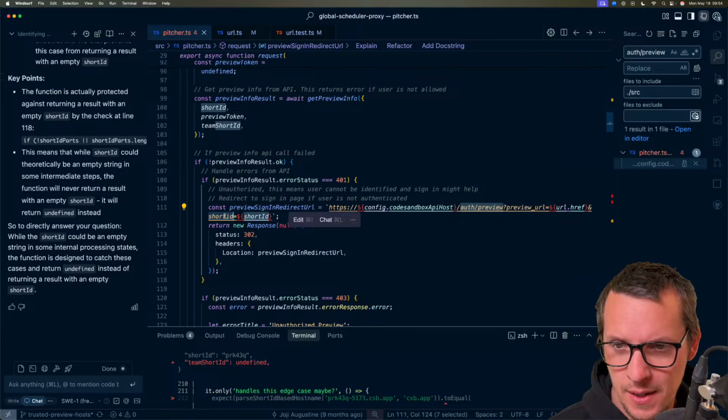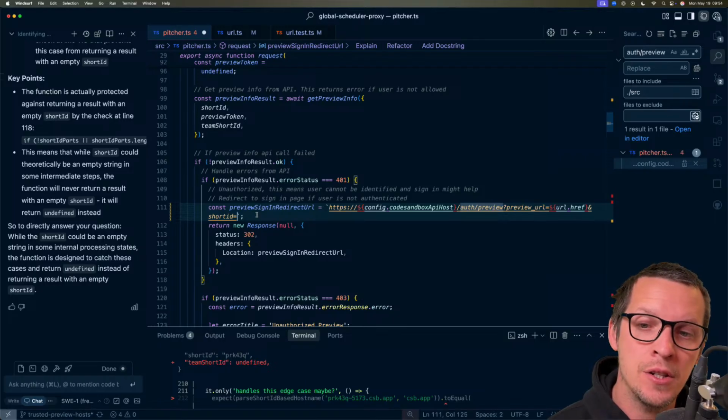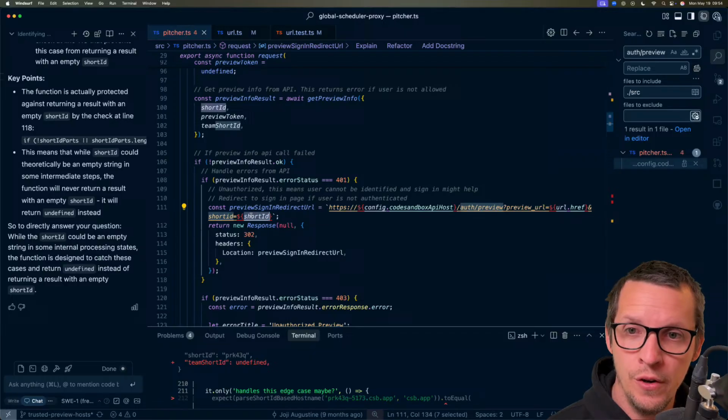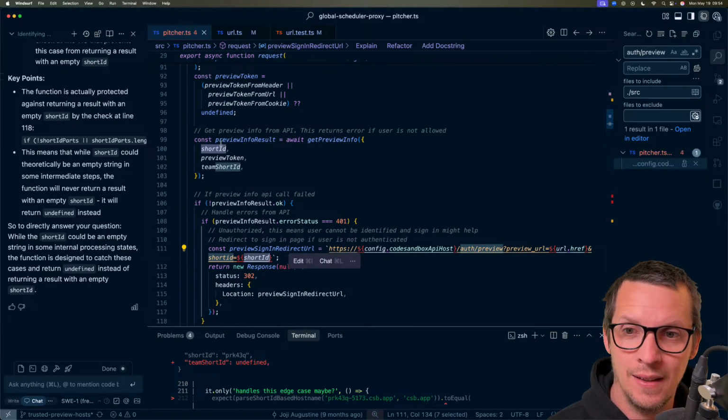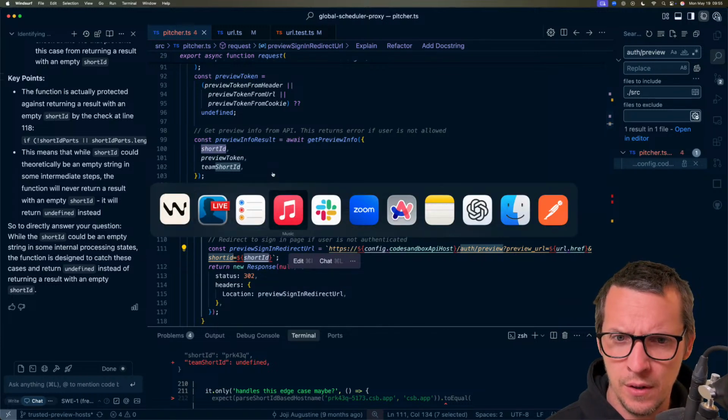It makes a lot of sense that if it looked like this, then it would make a shit ton of sense that it's omitted from Elixir, the API. But our logic states that this short ID can't be an empty string, though it can be undefined. Like, how does the browser